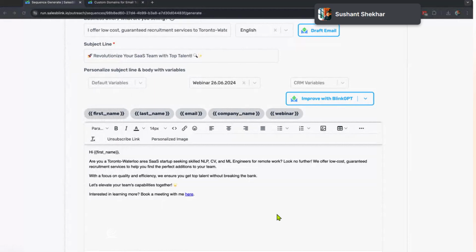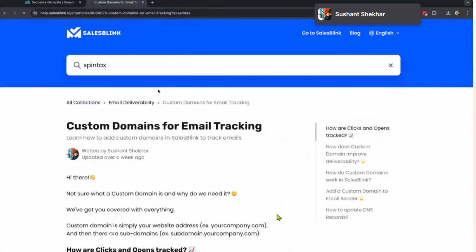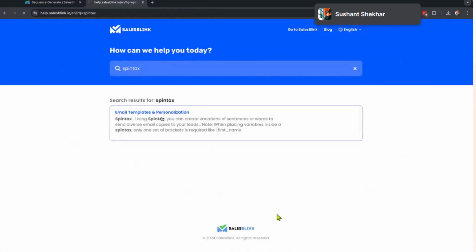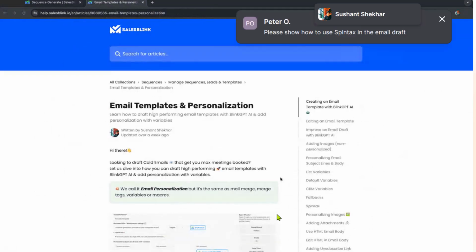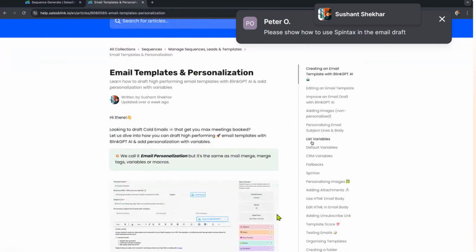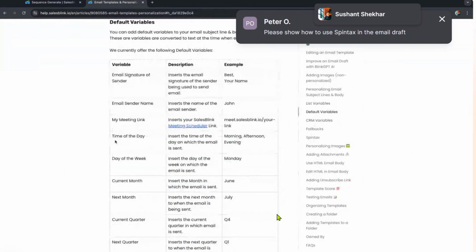Right? So coming to spin tags first, let's see. We do have it covered in our help docs again. So I'll pick up the example from over there. So firstly, the answer is yes, you can use spin tags, right, in the email. So over here, how email templates and personalization, you'll find everything over here, how to use variables, how to use custom variables. There are default variables that can be used, like time of the day of the week, your meeting link, and